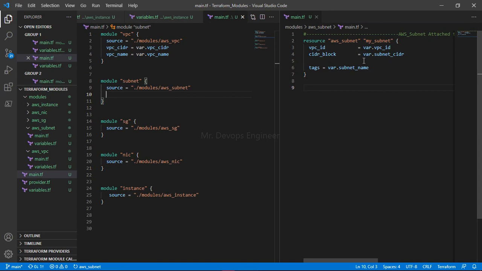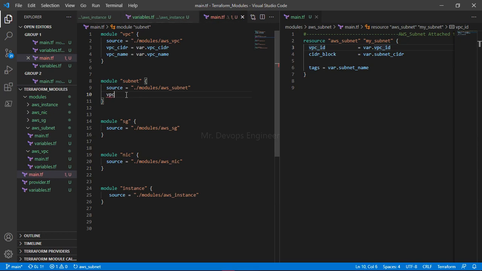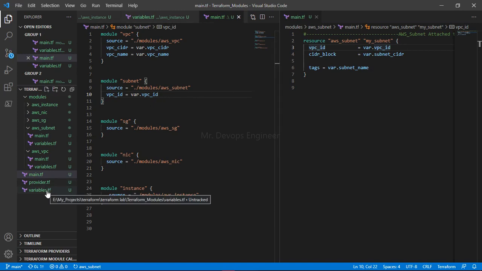So these are the values I have to pass, so simply pass all these values. VPC, see, all are given here itself. VPC equals var dot, give the same name. The left and the right should be the same, because we will declare the right-hand value in the front end itself, in the variable file. I will show you.